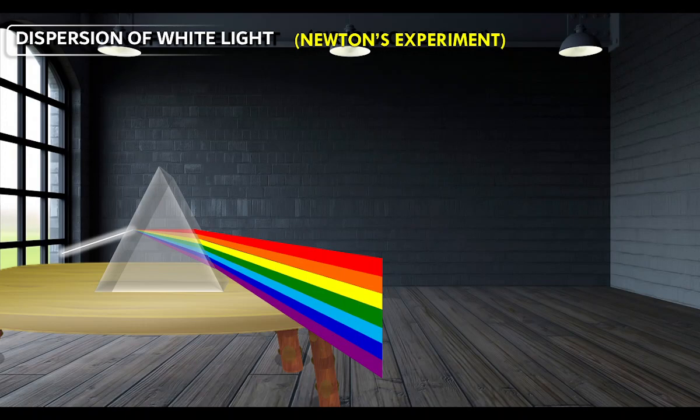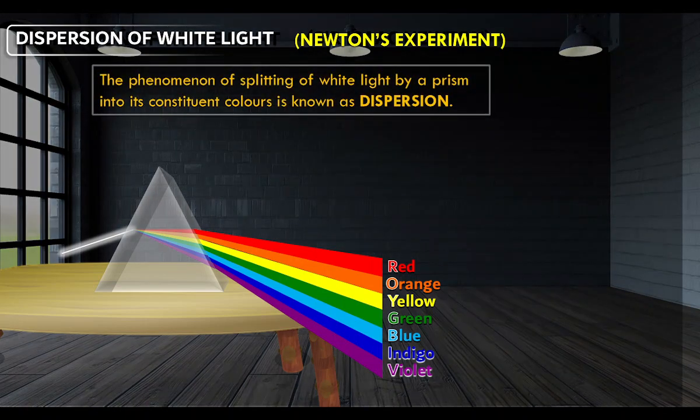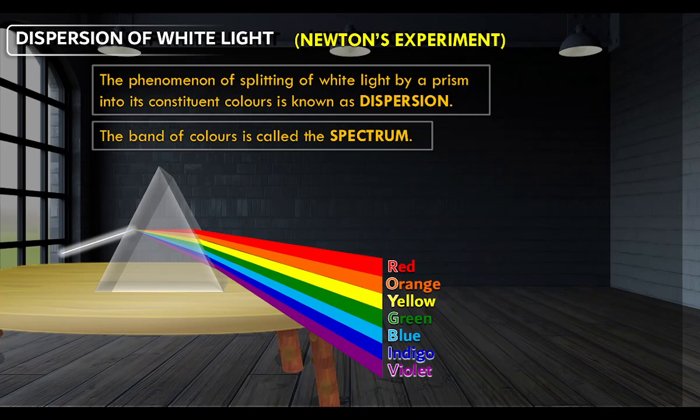कैसे हो गए? Because all the colors deviate at different angles, तो angle of deviation सब में अलग अलग होता है। ये जो स्पेक्ट्रम बना है हमारे पास, वायलेट, इंडिगो, ब्लू, ग्रीन, येलो, ऑरेंज एंड रेड, राइट? तो ये फिनोमिना को हम क्या बोलते हैं? डिस्पर्शन। Now this band of 7 colors is known as spectrum. The question is which color is deviating least and which is deviating most. You can see